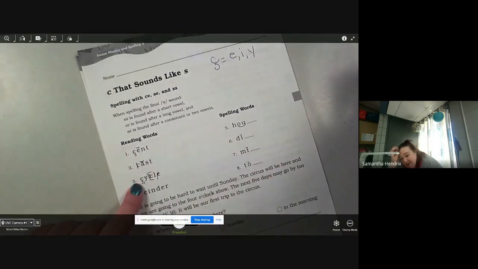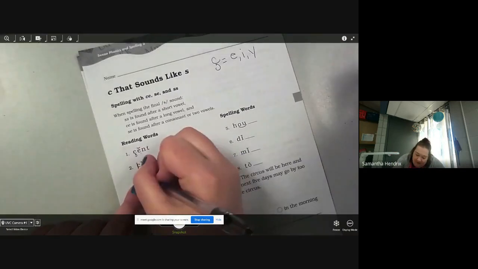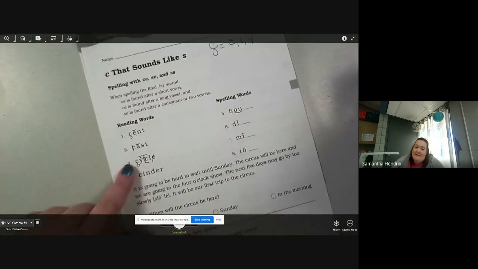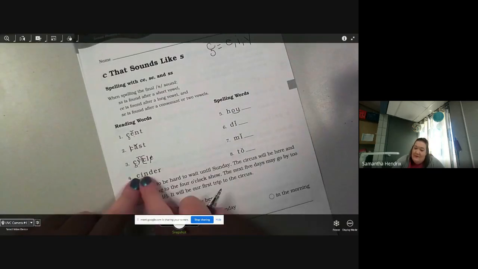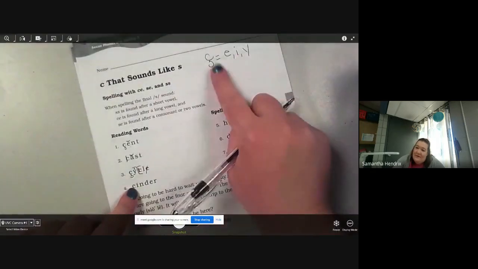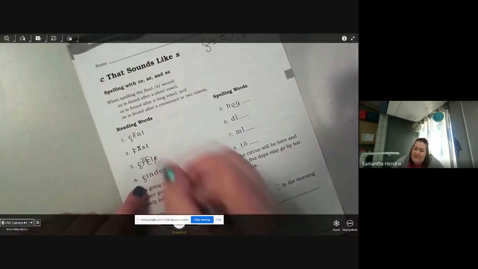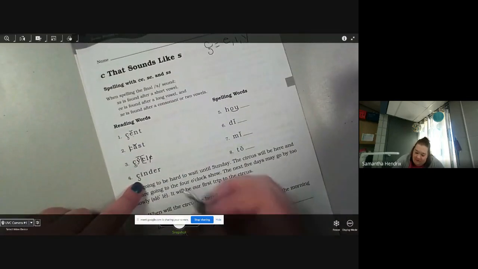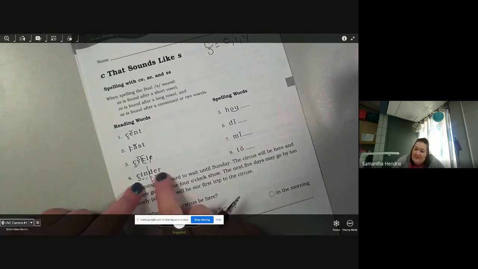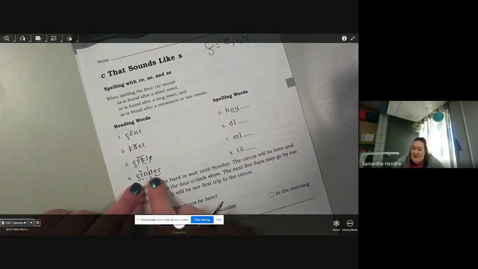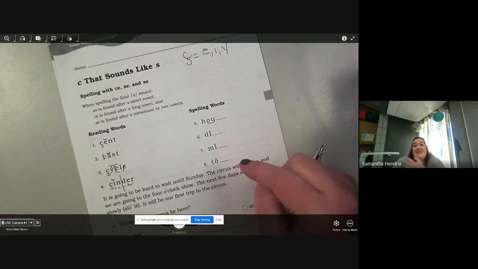This K gets a K back because it's followed by an L. This is vowel I, vowel Y with an I sound. Cycle. There's a CI, so it's going to be a cedilla. It's going to have an S sound. Okay. And here's vowel, consonant, consonant, vowel. I see combination ER. And this I is followed by a consonant. Cinder, cinder. Okay, so over here, we know these are all going to have a S sound on the end,